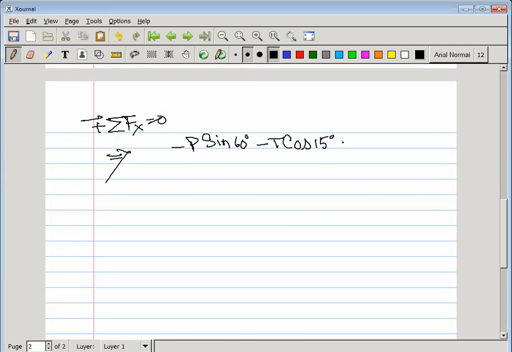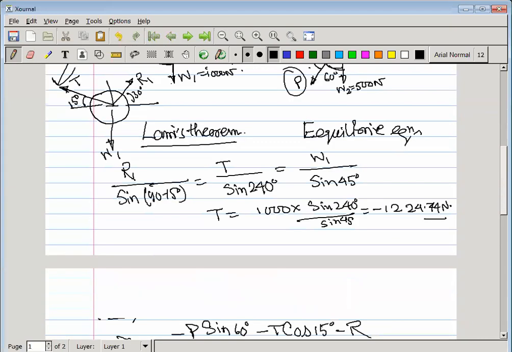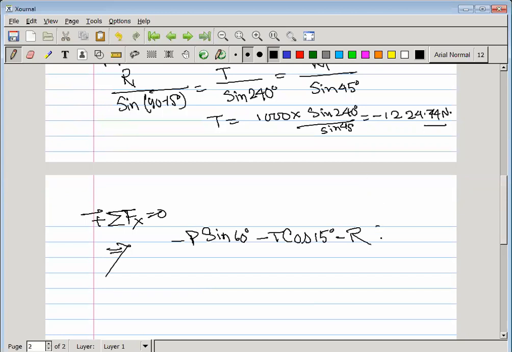T cos 15 degree minus R. R is at an angle of 45, na? So cos 45 degree is equal to 0 along x-axis. Okay, so just put this value, minus P root 3 by 2 minus